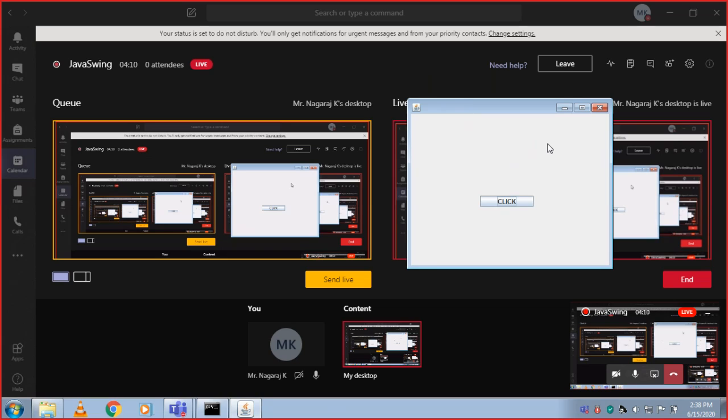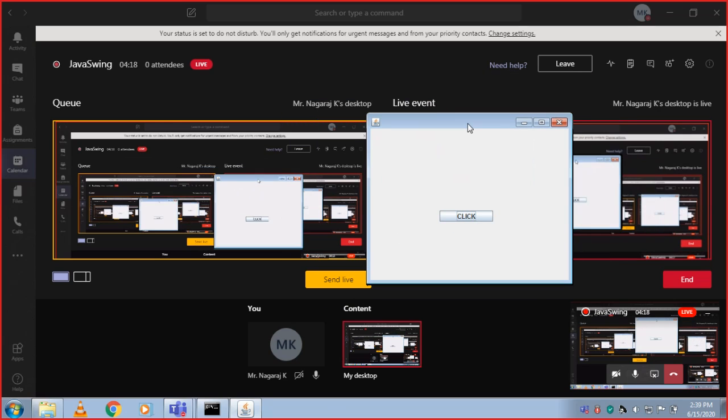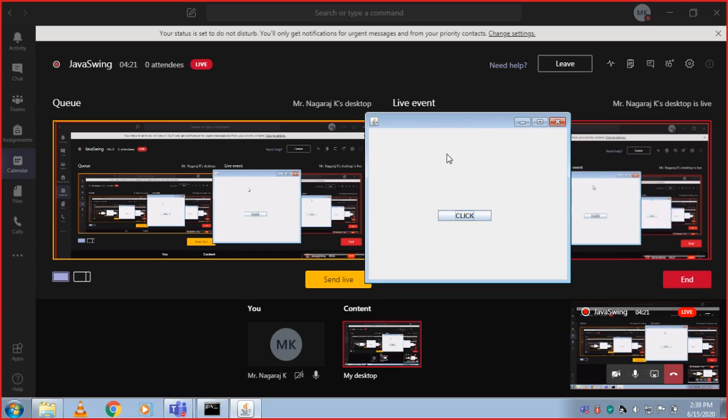Swing applications create a containment hierarchy with a single top level container. It means that any Swing application will have one top level container. Within that, you can have multiple containers, and within those containers, you can have multiple components. And Swing components are derived from the JComponent class. J stands for Java. Within the JComponent class, all the components are present, with some exceptions.